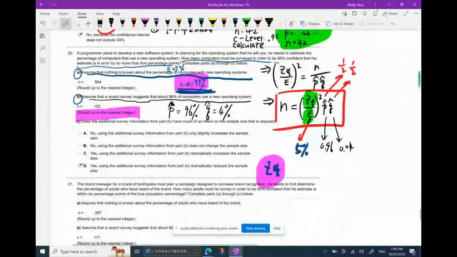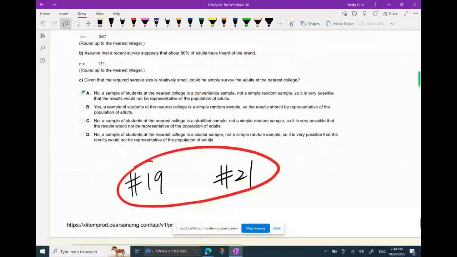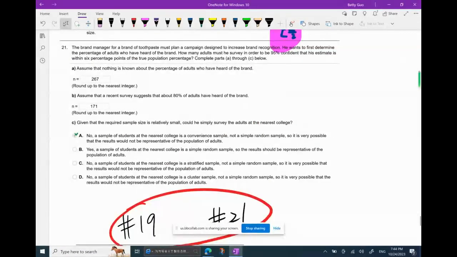Awesome. Then last question, number 21. As I said, one important type of question in this chapter is to find the minimum sample size, the sample size that's sufficient for us to apply the confidence interval estimation. So the formula for this,